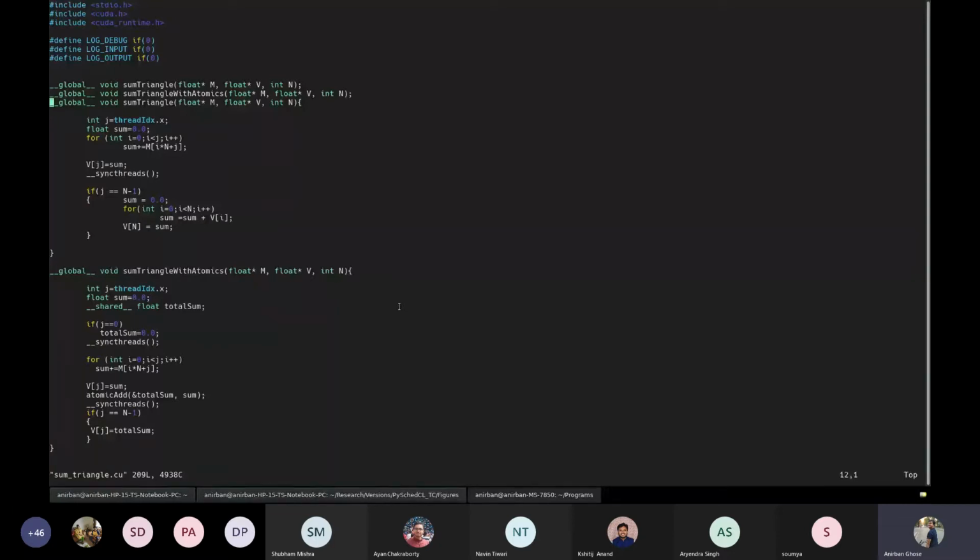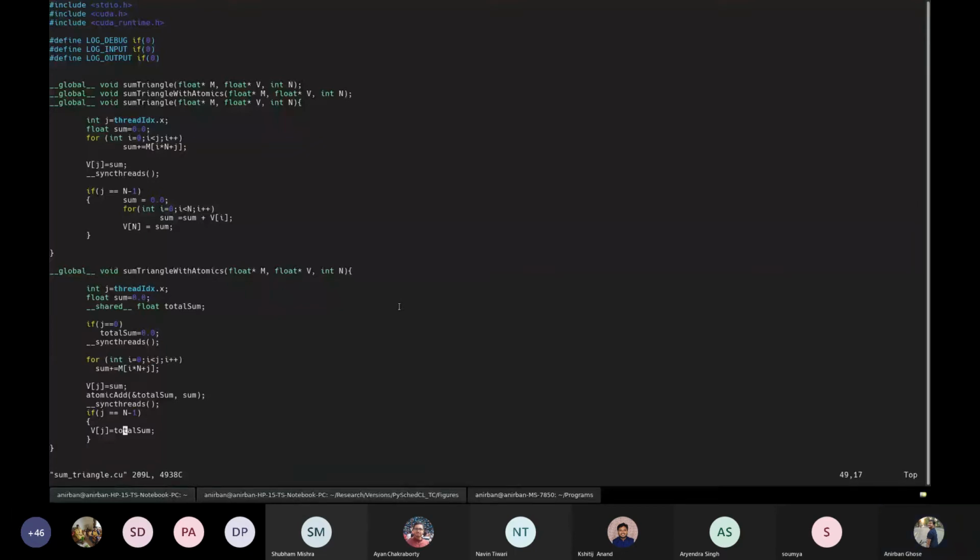Okay, so you will see that I've written actually two variants of it. The first one is your sum triangle code snippet, the one that is there in the slide itself, where each thread adds up only the elements above the principal diagonal, and finally the last thread pushes the sum of these column totals into the last element of this array V. As Buddhajiti suggested, instead of relying on this particular for loop, where the moment all of those threads finish updating the column sums, the last thread is tasked with going through all the n elements and summing them up, we can approach it using the approach mentioned in the second kernel that you can see here.